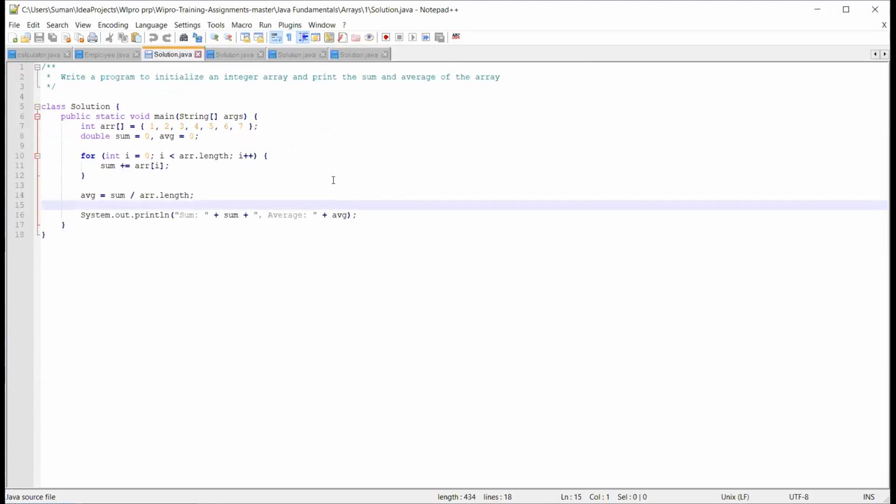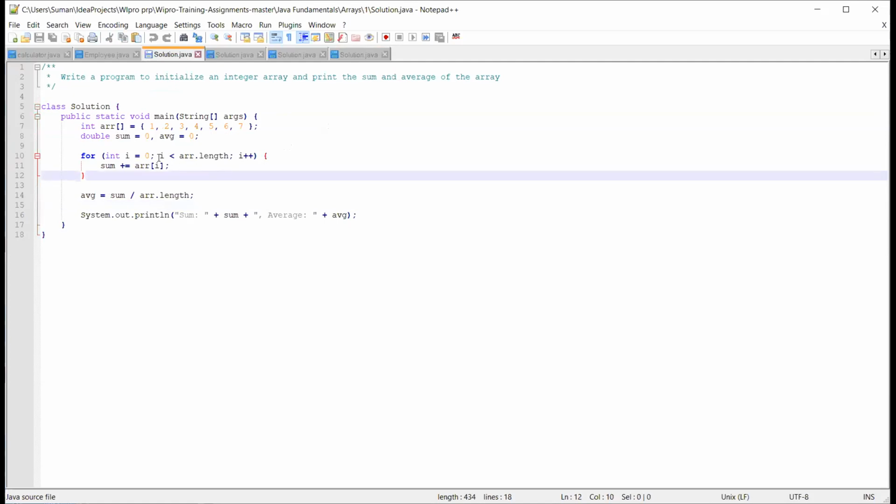Here I am taking a single dimensional array, a one dimensional array. I need to print the sum and average of an array. I am taking the class name as Solution. public static void main. We can take this name as sum or average; I am taking Solution as the name.